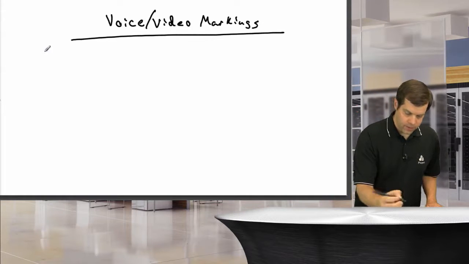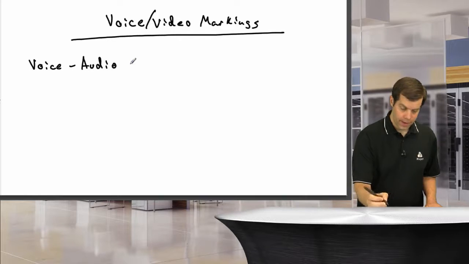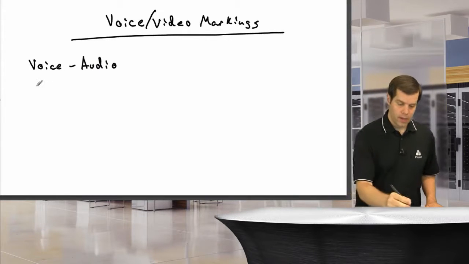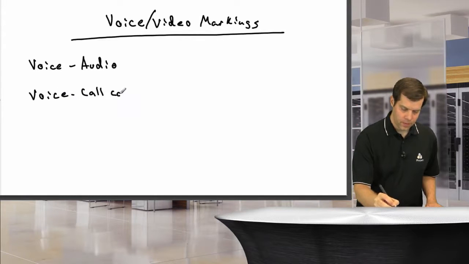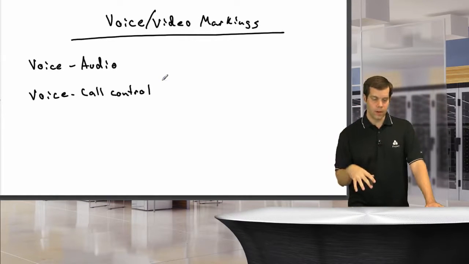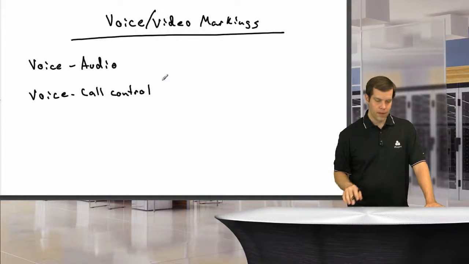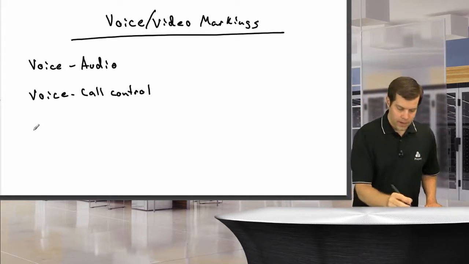So let's talk about voice first. Voice has two main components. We have the audio stream that actually carries the voice sounds, and then we also have voice call control. This is what's used to set up the phone calls and tear down the phone calls. It's usually between the phone and something like a call manager. Call control is what says to the phone, hey, start ringing, someone wants to talk to you. And when you pick it up, call control tells the other side, hey, he picked up, let's start sending the audio. And then on the video side,